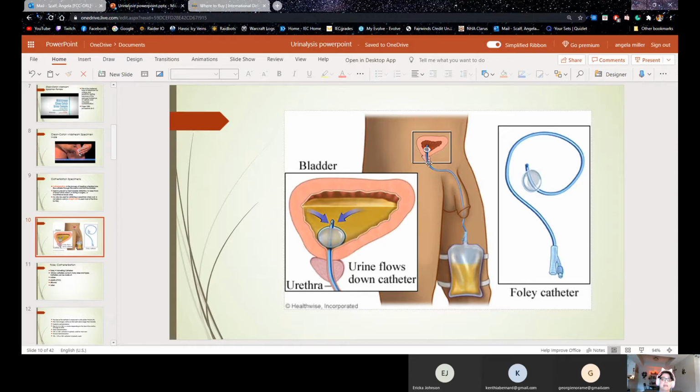Okay, and then there's a tube that collects the urine. Now, sometimes we don't do this to leave it in. Sometimes we do it just to get a sample, to get that clean sample. They do this with pediatric patients because it's kind of hard to tell a baby, hey, baby, I need some urine, pee for me now. And so they'll do a Foley if they suspect that there are